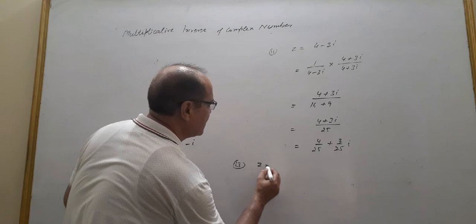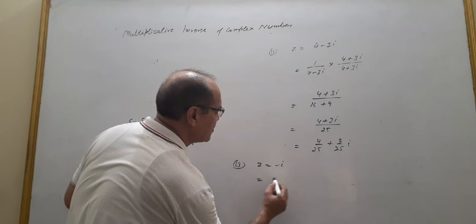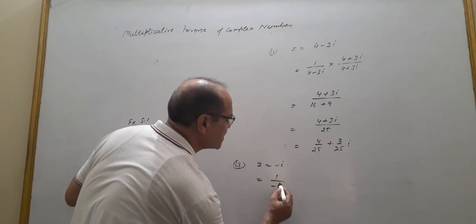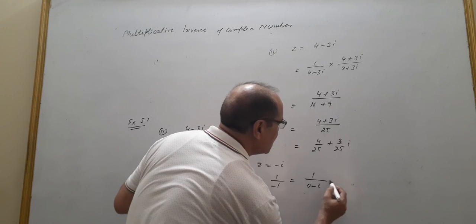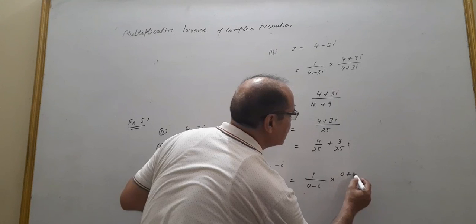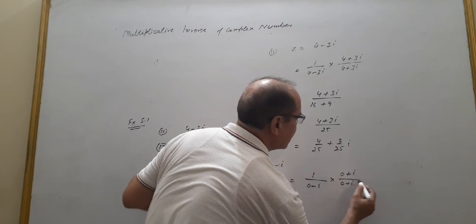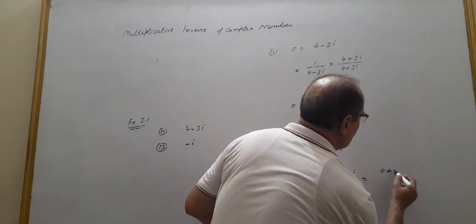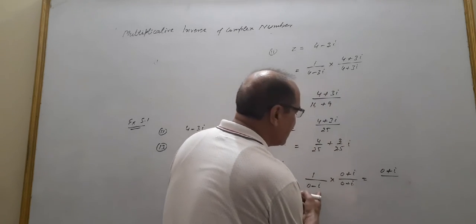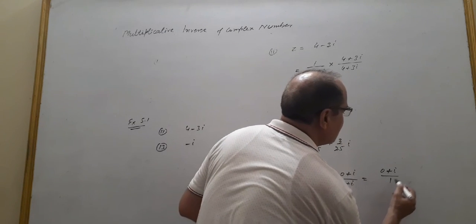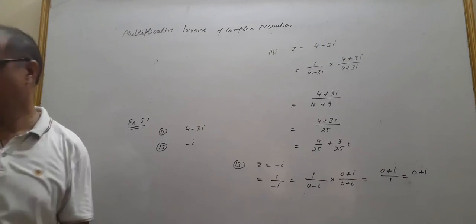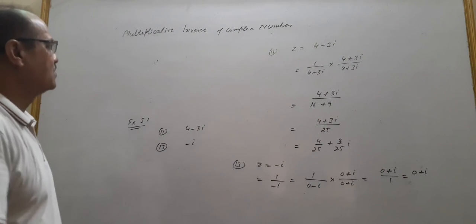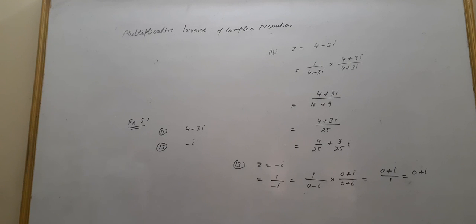In the case of this question 13, z is given as minus iota. The multiplicative inverse of this is 1 upon minus iota. Now you have to write it with real part 0. Then rationalize this. In the numerator that is 0 plus iota, and here a minus b, a plus b will always be this. So therefore this becomes the multiplicative inverse of the complex number. This is all about today's lecture, and this is all about your exercise 5.1.